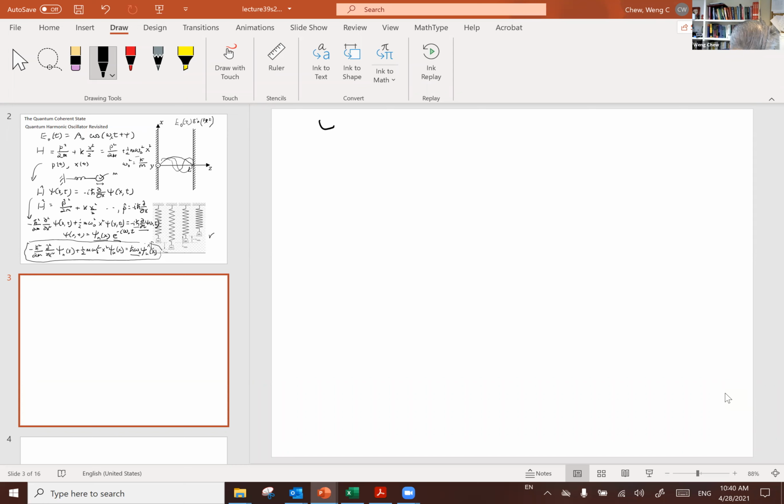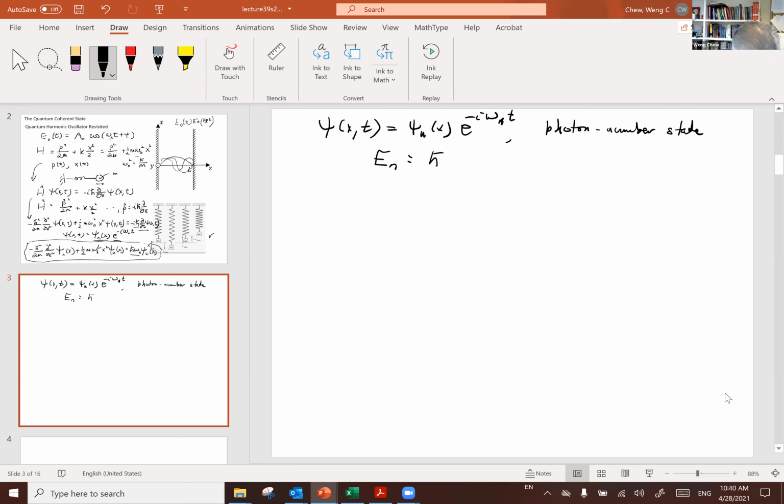Each of these solutions is called a photon number state. And each of these has an eigenvalue, which is h bar omega n plus half, I believe. Let me see. Omega naught n plus half. Okay, each of these has an eigenvalue that is given by this. Hence, this is called omega sub n. Okay, so